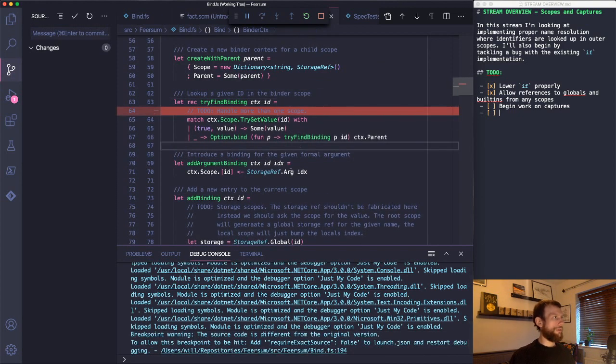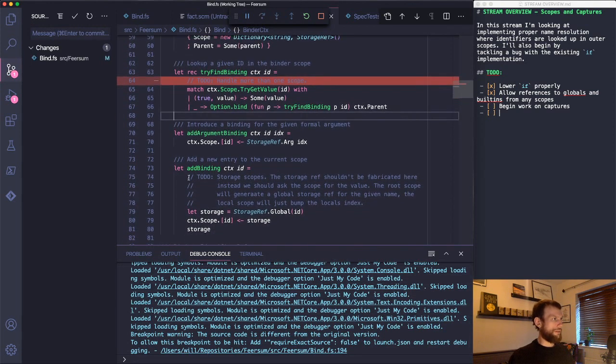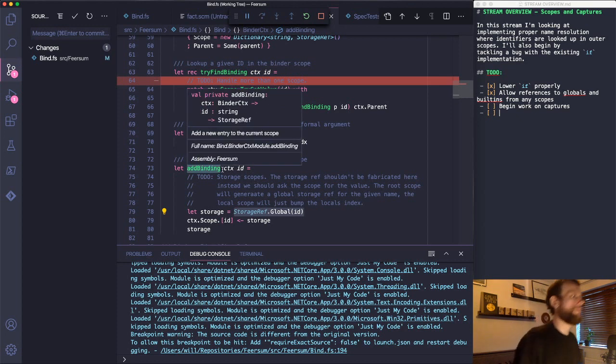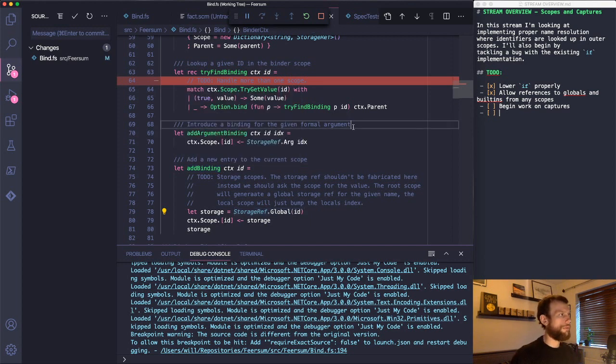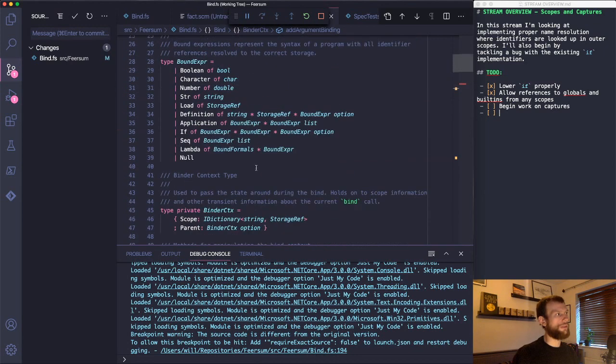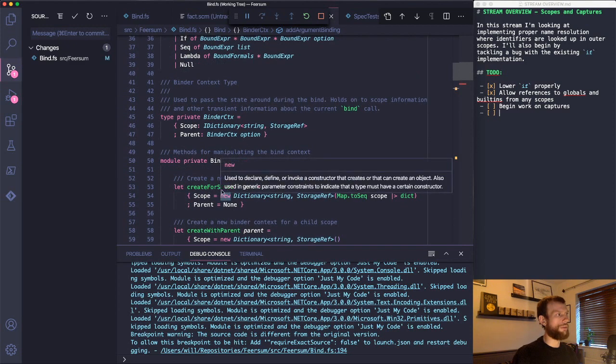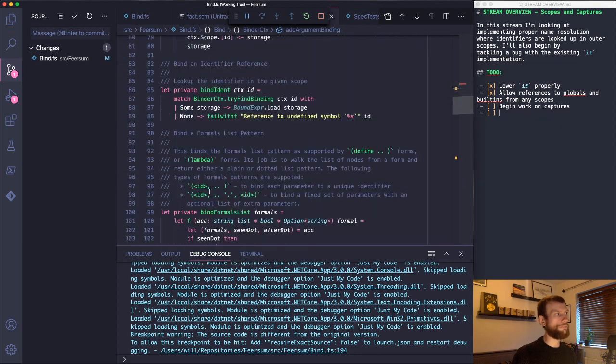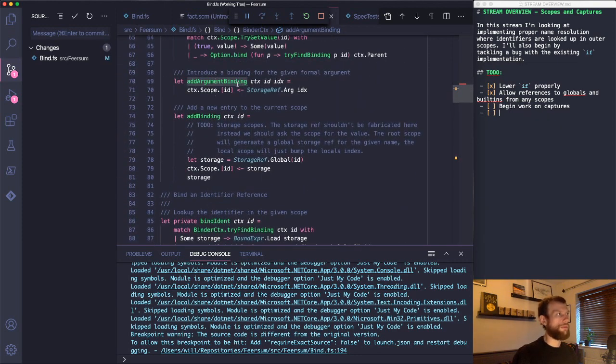This to-do comment down here, we create a storage ref global for the current ID every time someone adds a binding to a scope, which means that everything that gets defined is a global except for things that are added as an argument binding or things that came in from the original scope. So our built-ins come in when you call create for scope, so they're okay. Arguments come from add argument binding,